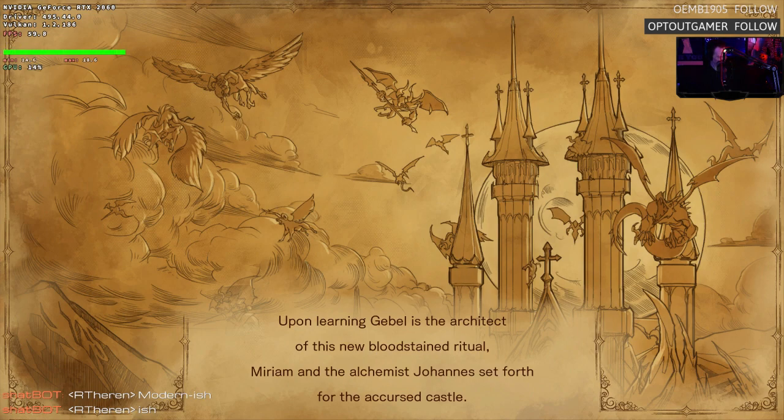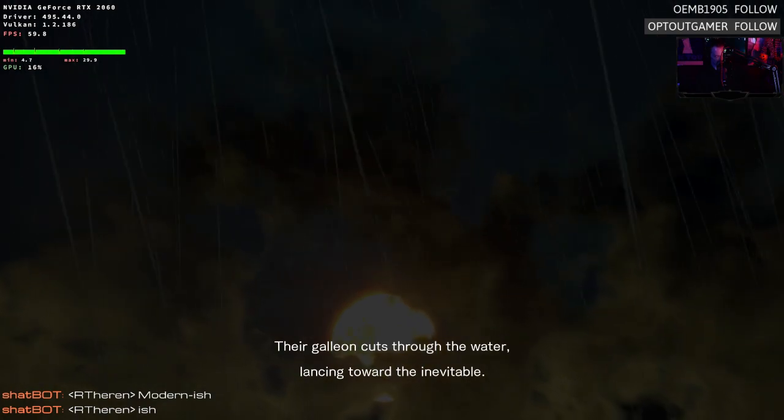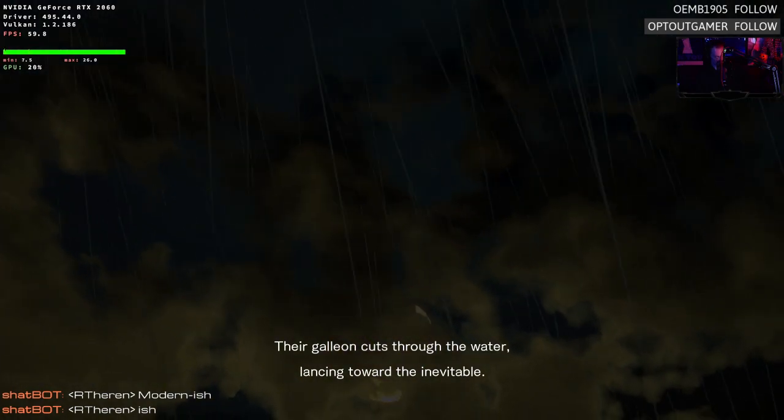This is the default settings for the music in the VO. Their galleon cuts through the water. You can hear the voiceover where, if you lean into it a little bit, but